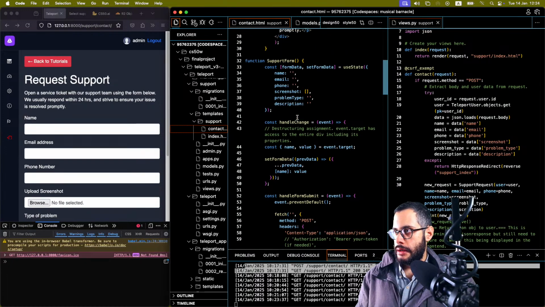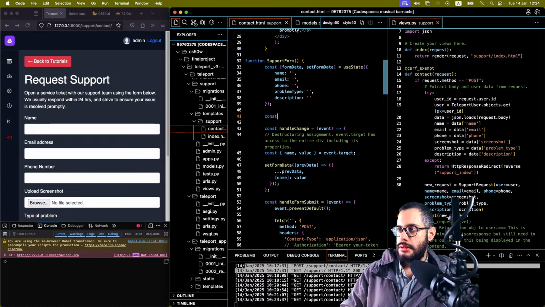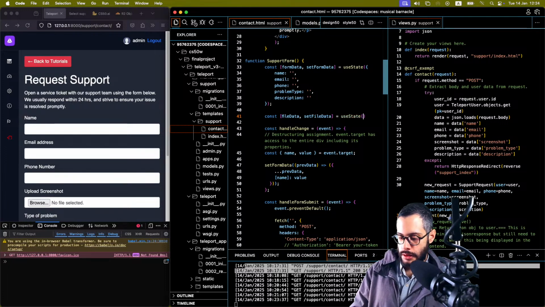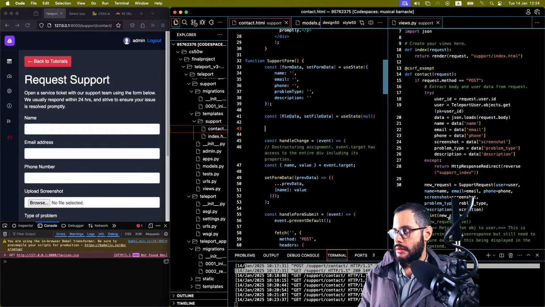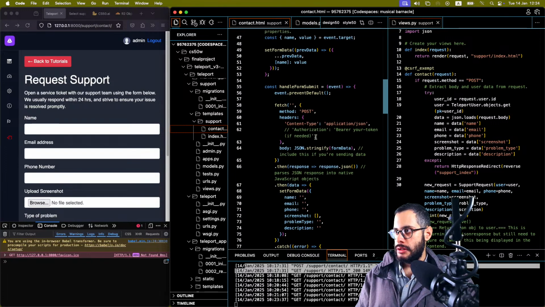Let's take screenshot out of here. That was the original idea. Let's take this out of here. And then we'll do const file data, set file data equals useState of null. And then I want to define my function here, handle file change. So my handle file change